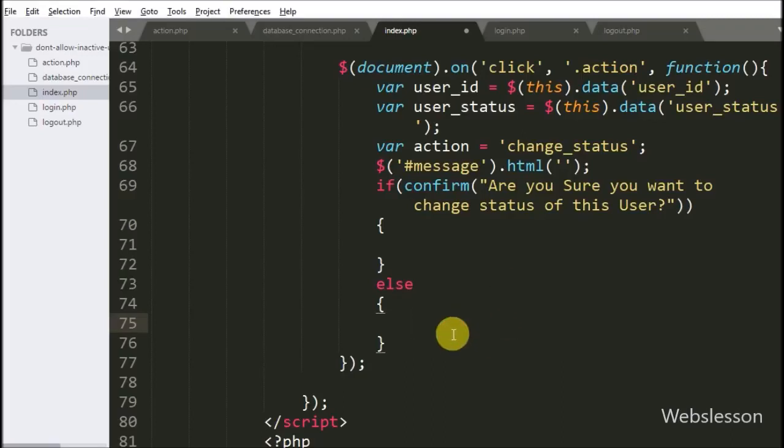Suppose we click on the cancel button, then it will execute the else block of code. Under this block we write a return false statement. That means no action will be taken. But suppose we click on the OK button, then it will execute the if block of code, and under this we write